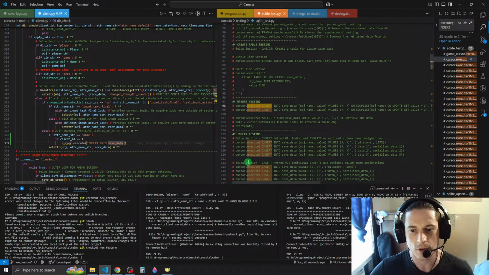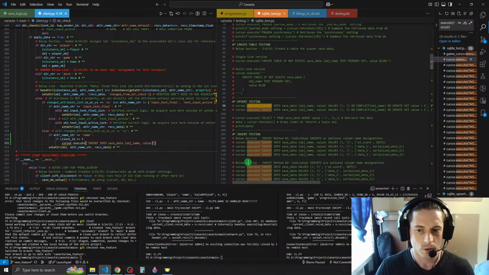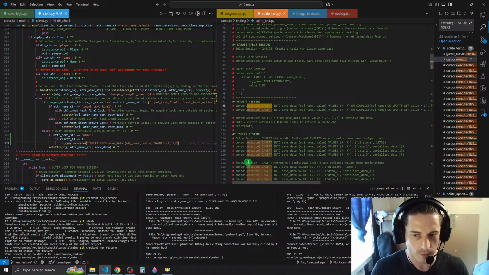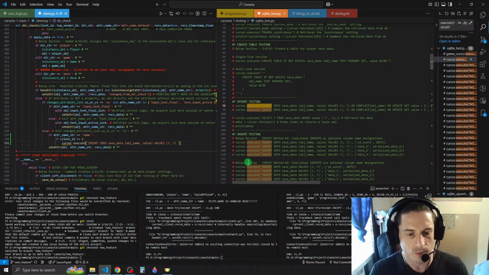Insert into save data, and then we're going to have our two fields for the database, and those are object name, value, and then we're going to do values, keyword, and then we're going to have our two placeholders, because there's two fields that we're going to be filling out. And then we're going to say on conflict